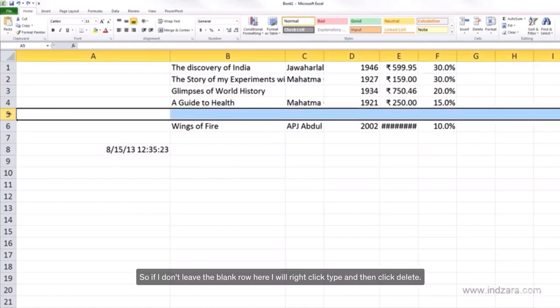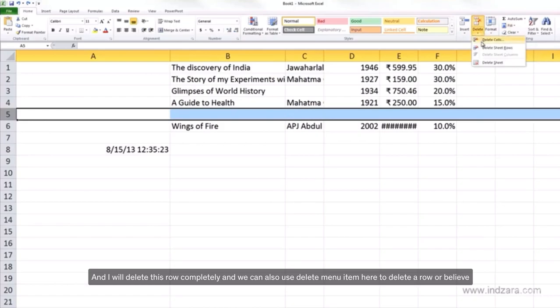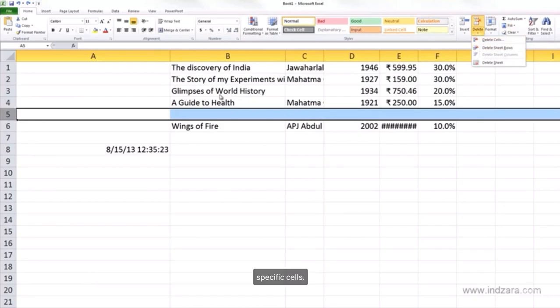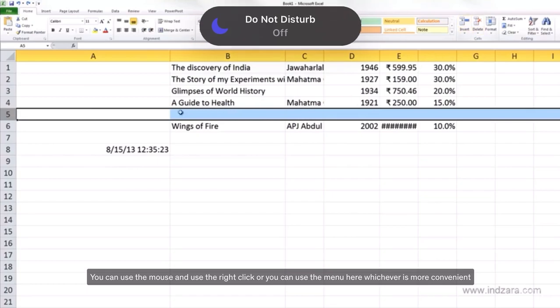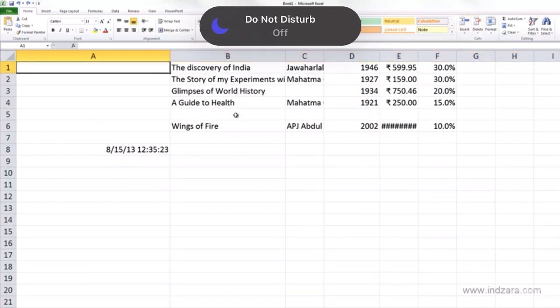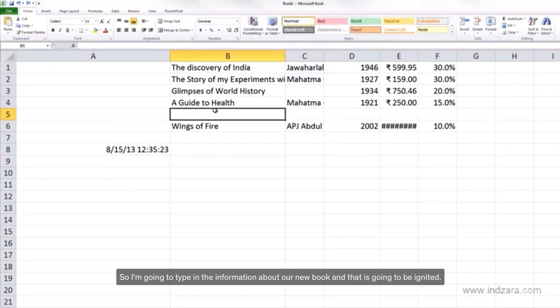So if I don't need the blank row here, I will right click that and then click delete, and that'll delete this row completely. And we can also use the delete menu item here to delete a row or delete specific cells. You have two ways of doing it. You can use the mouse and right click, or you can use the menu here, whichever is more convenient to you. So I'm going to type in the information about our new book,